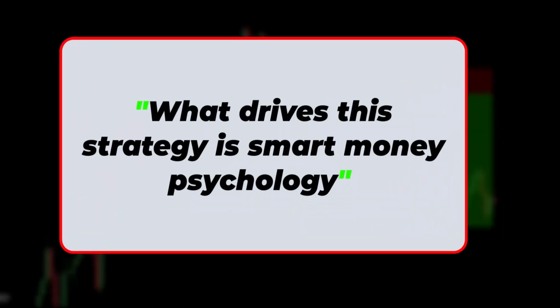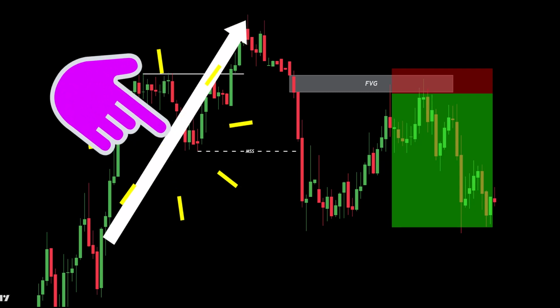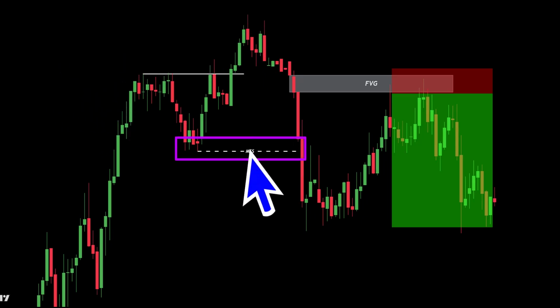What drives this strategy is smart money psychology. When big institutional players want to sell, they don't just enter blindly, they need willing buyers. So they push price above the day's high to trigger stop losses and bait breakout traders into going long. Once they've collected enough buy-side liquidity, they reverse the move, sending price sharply downward, targeting the sell-side liquidity beneath the